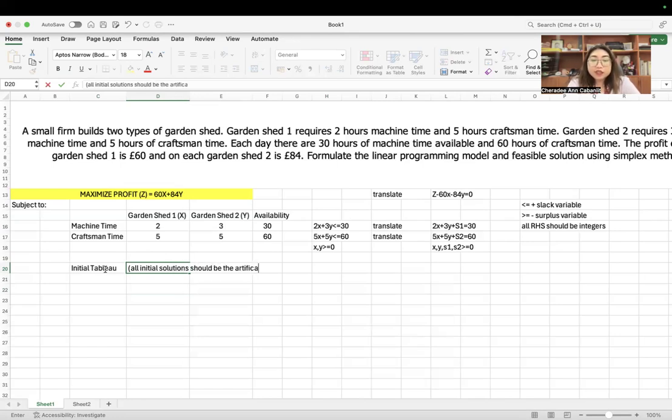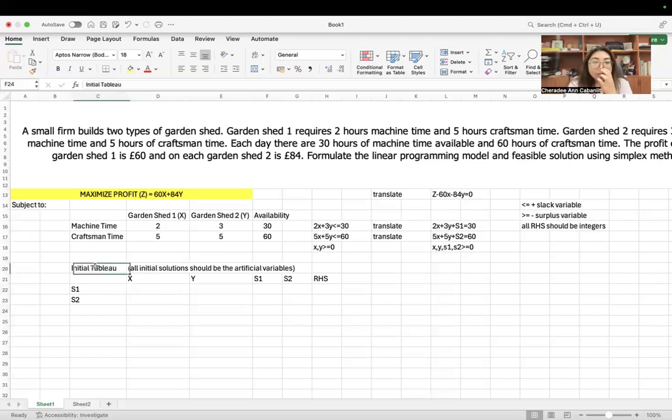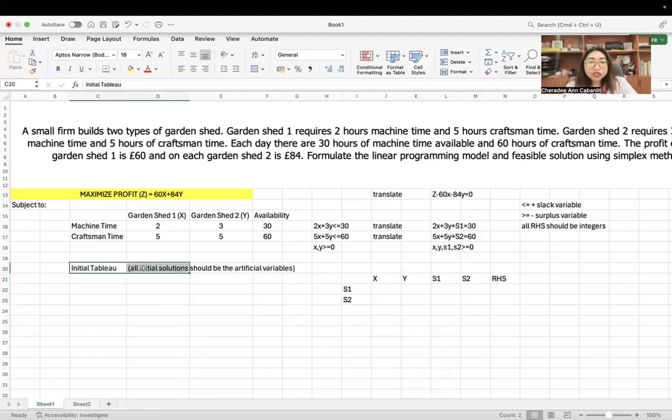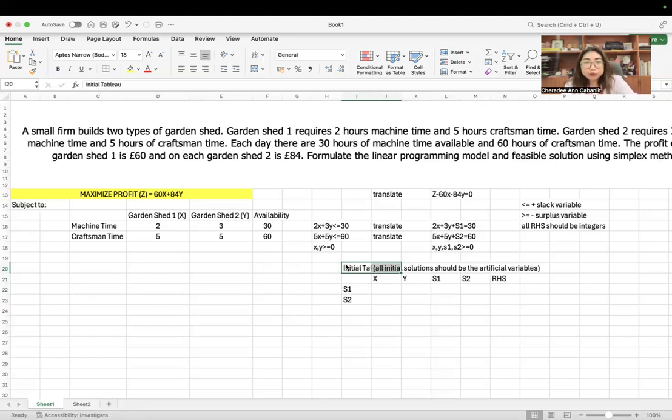In your case, you have two: S1 and S2. And you write the other variables, X, Y, S1, S2, and of course, your right-hand side. Okay, this is your initial Tableau.